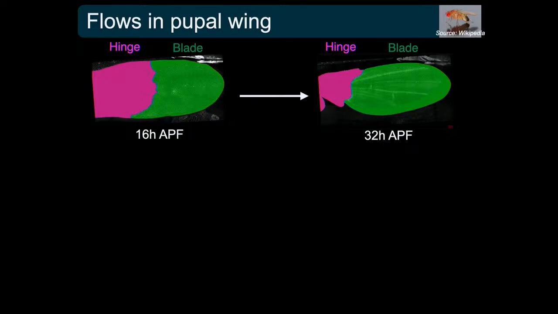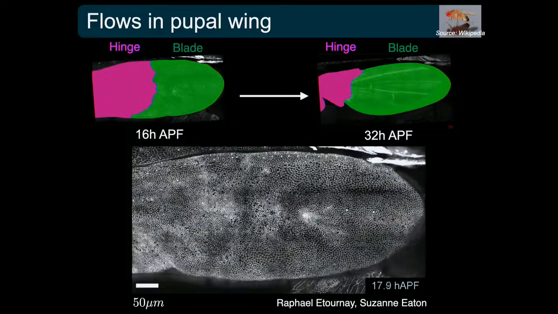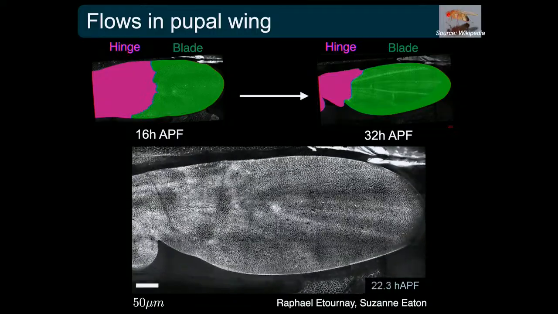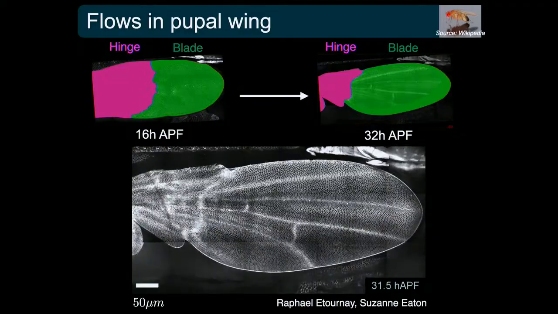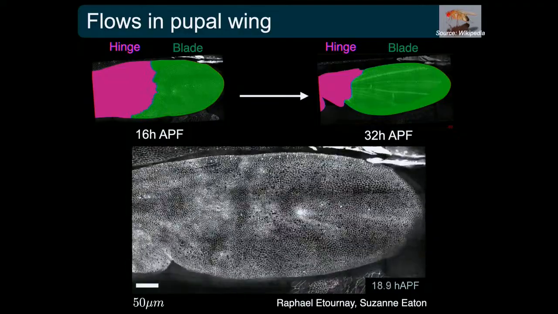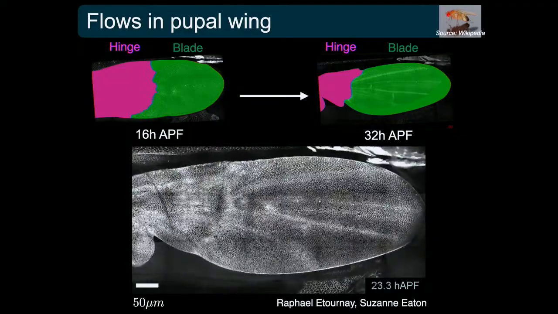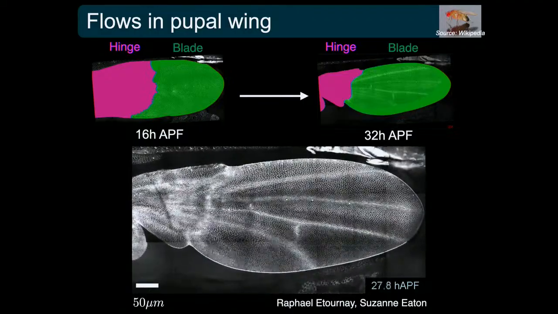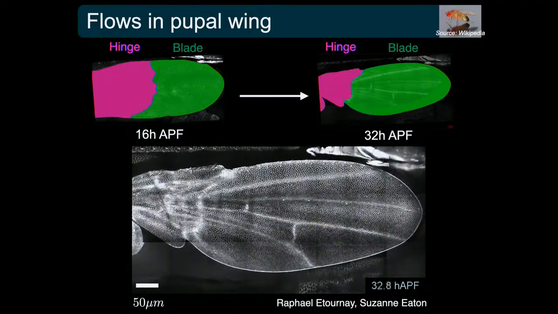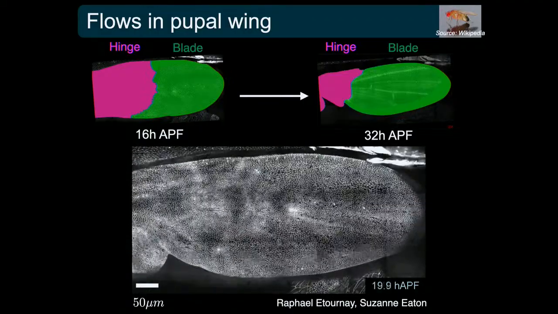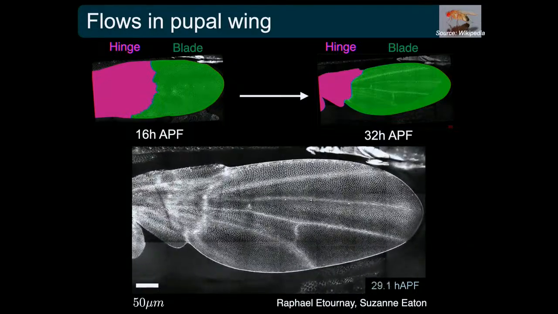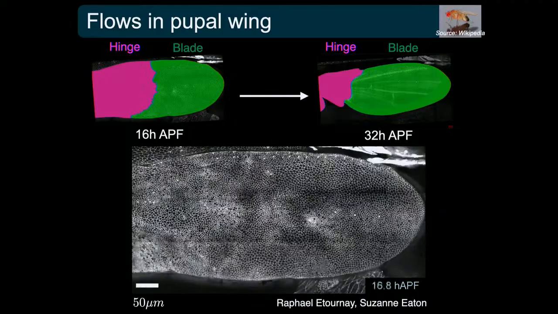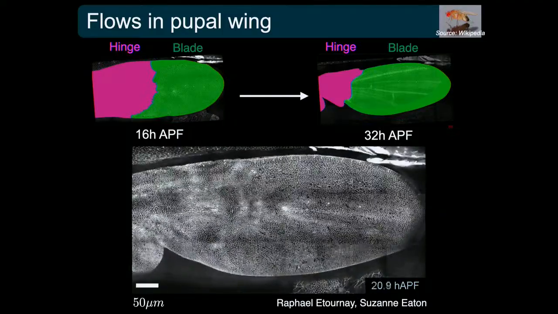And let me now show the actual movie from experiment, which shows you this process. And it's amazing to just stare at this movie. So you can see these polygons. Each of these polygons is a cell, because the membrane proteins at each cell have been labeled with some fluorescent protein. The cadherins had been labeled, so you can resolve the deformation of individual cells. And as you keep on staring at this, let it start again, you see there is a huge collective flow